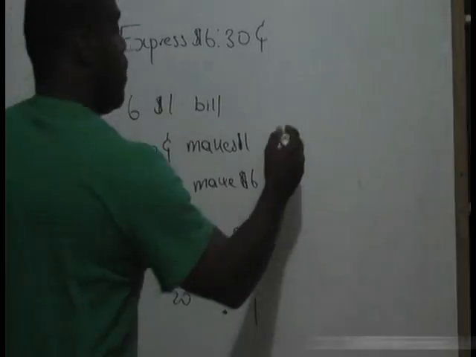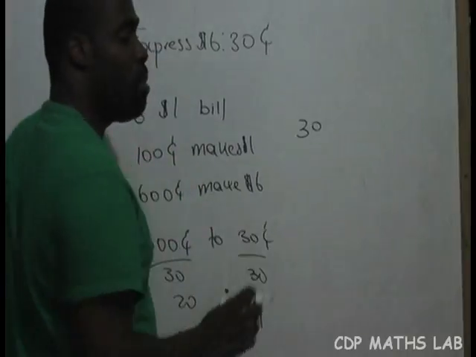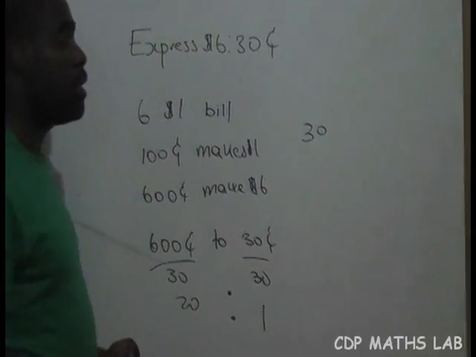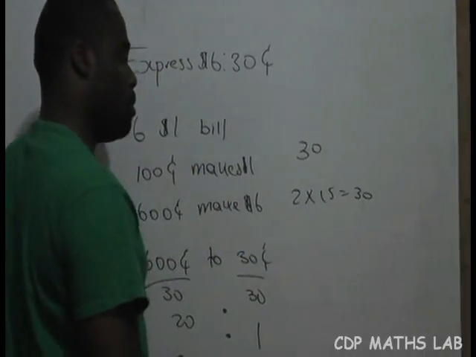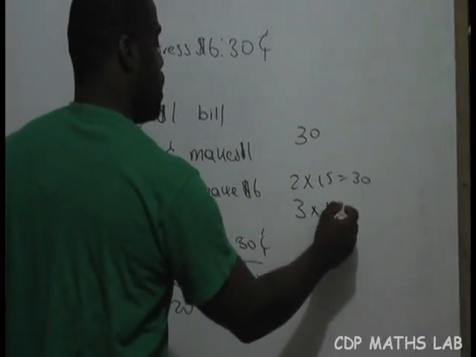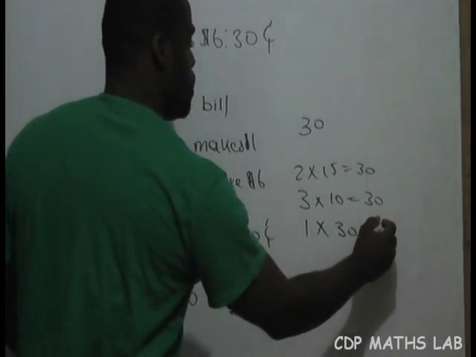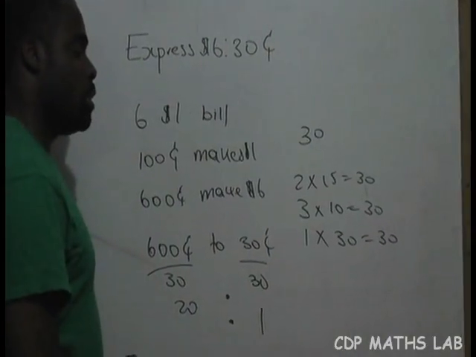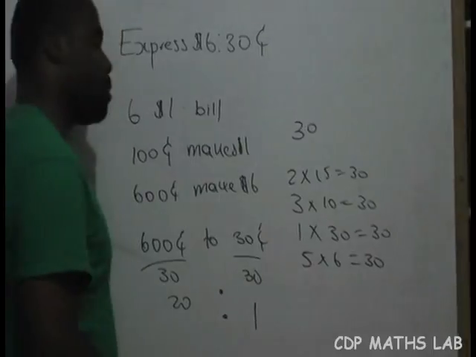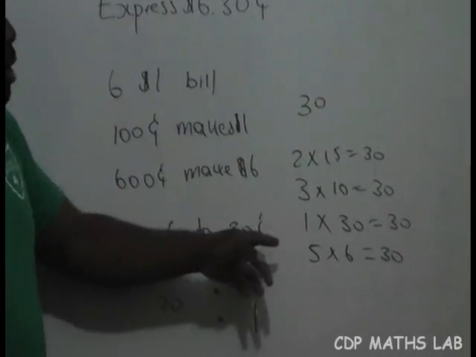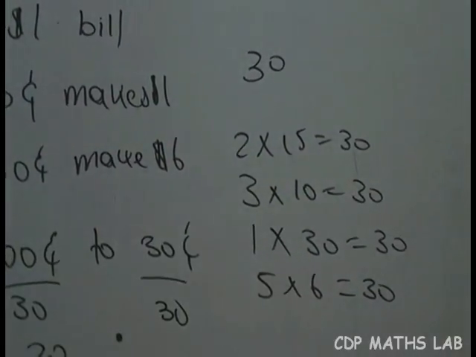Now, let's find the factors of 30. The factors of 30 are any numbers that when multiplied together will give you 30. So 2 times 15 gives you 30. 3 times 10 gives you 30. 1 times 30 also gives you 30. And then we have 5 times 6 gives you 30. Alright? So you could list 1, 2, 3, 5, 6, 10, 15, and then 30,